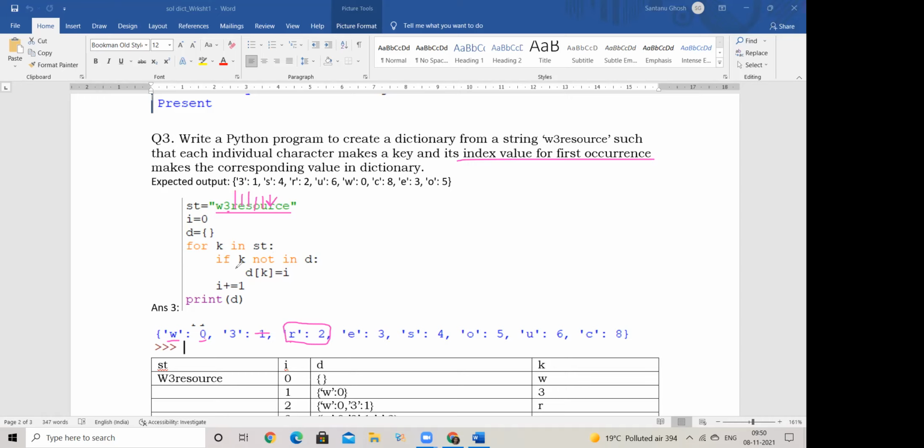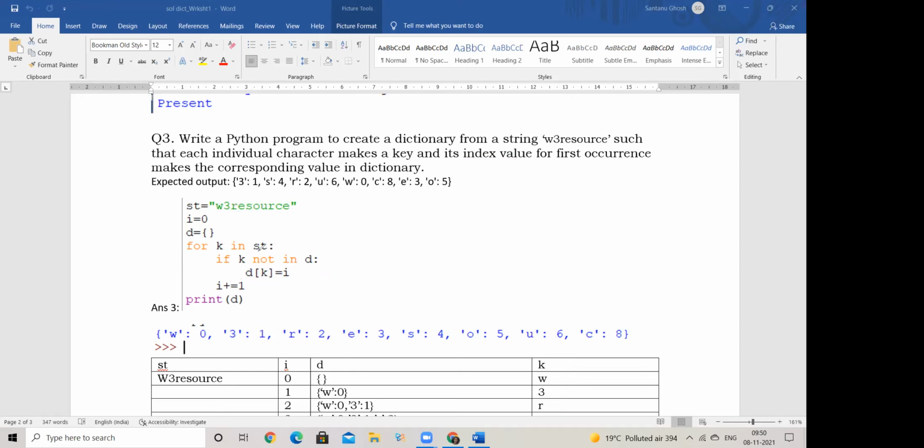That means if the value you're talking about is not present in my dictionary, then only add it, I mean, put it, the character with the position. Otherwise, don't put it. So here the condition has changed. Generally, if it is present, then we update. But here I don't want that. So I'm using the not in membership operator to check. If that character is not present in my dictionary, please do the updation at that time. Okay, that's one point in this.